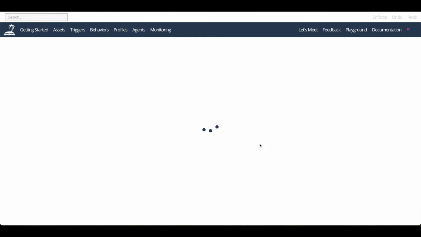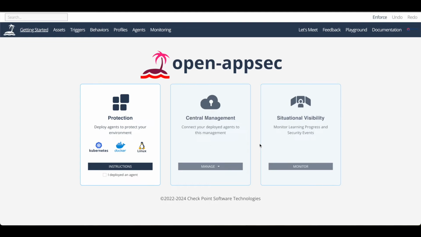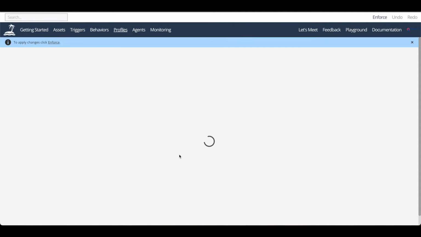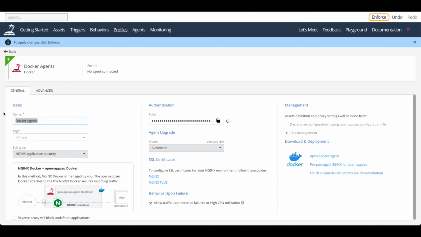So once you've set up your account, you're going to be presented with a dashboard here, and it's going to look something like this. Once you get to this dashboard, you can see we have three options here. The first thing we want to do is deploy an agent. So before we do that, we're going to set up a profile. We're going to do a Docker profile because Nginx Proxy Manager is hosted in Docker, or you install Nginx Proxy Manager using Docker. So we're going to select the Docker profile, and now we're going to give it a name. For this, I'm just going to call this Gig Together